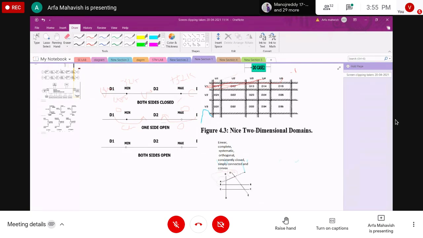Next we have the orthogonal boundary. Here, two boundary sets, u and v, are checked for orthogonality. If u and v are called orthogonal, then every inequality of v is perpendicular to an inequality of u.